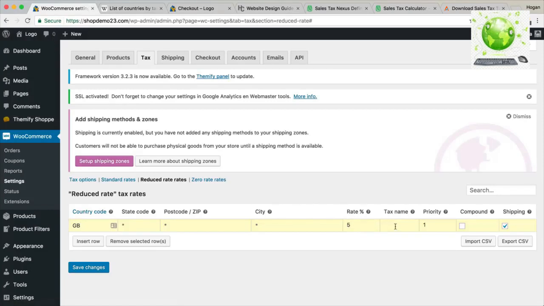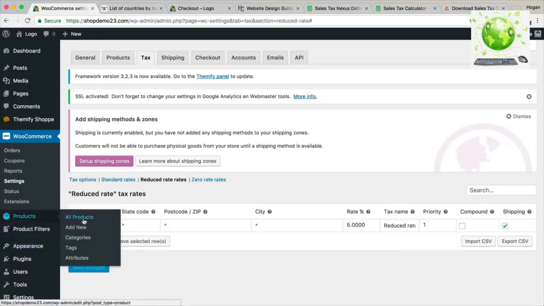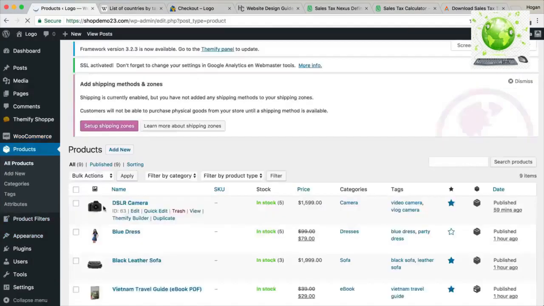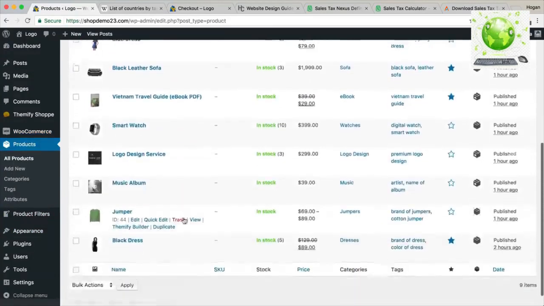This one might be reduced rate, and then save changes. Now once that is done and set in, you can also set in the 0 rate % for this tab here, but all you need to do is go to your products, all products, and let's just say this thing